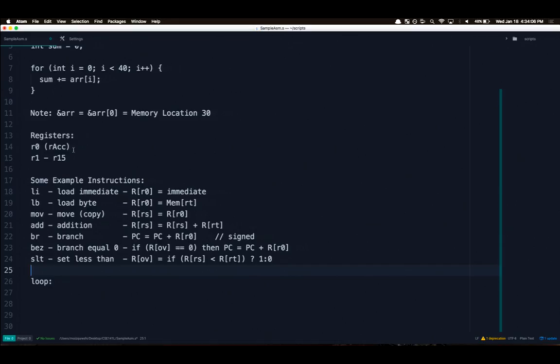I have a load byte instruction that goes to the memory address pointed to by a register that I supply as an operand, and it loads it into our accumulator. I have a move instruction that just copies the value in our accumulator to another register that I supply. And I have a branch instruction,